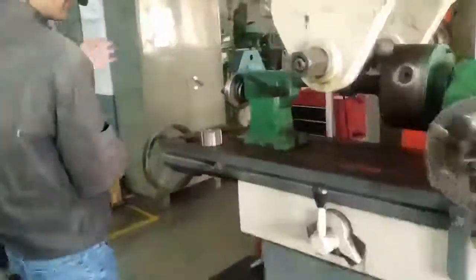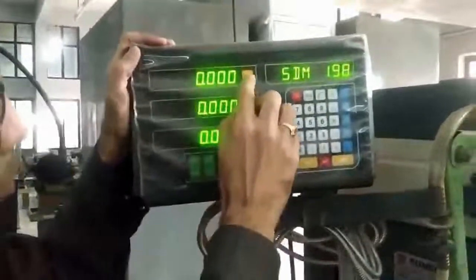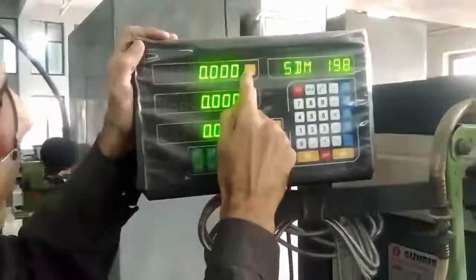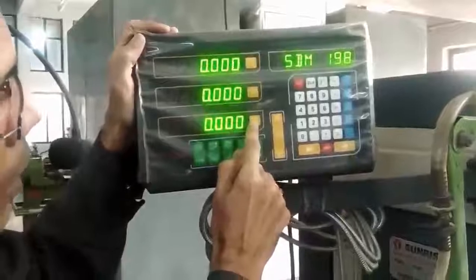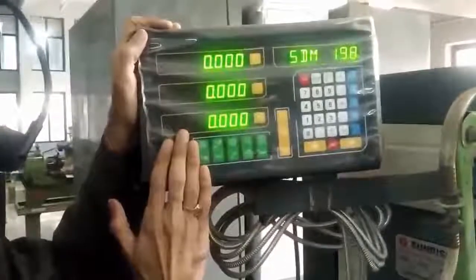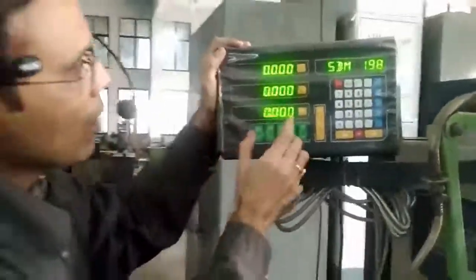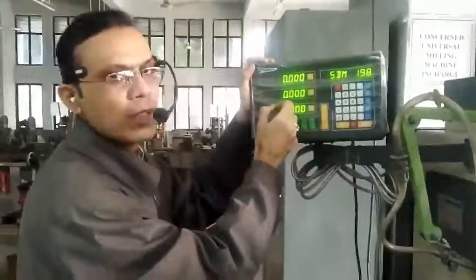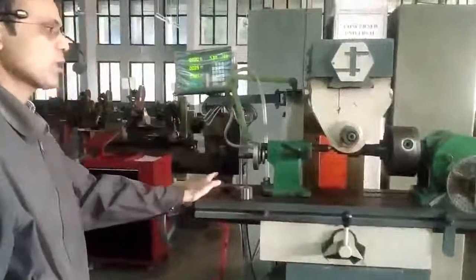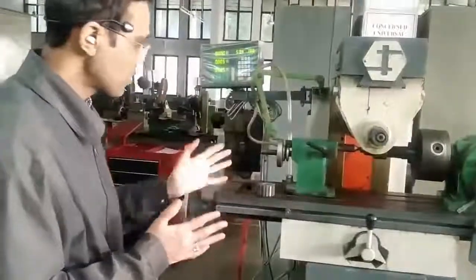This machine has been provided with a display unit also. Here, for all the three movements which we have just discussed, that is x, y and z, we can know from this display unit how much feed is provided. Let's see which movements are possible and can be displayed on this unit. Now let's see this Z movement. These are the three movements which are possible. Now let's start the machine.